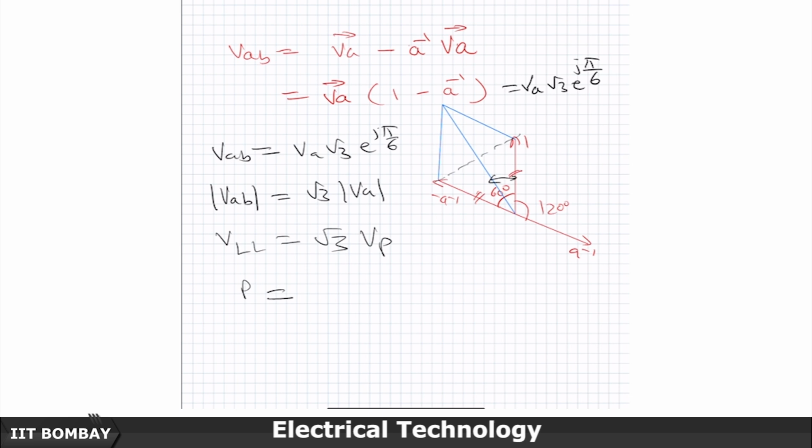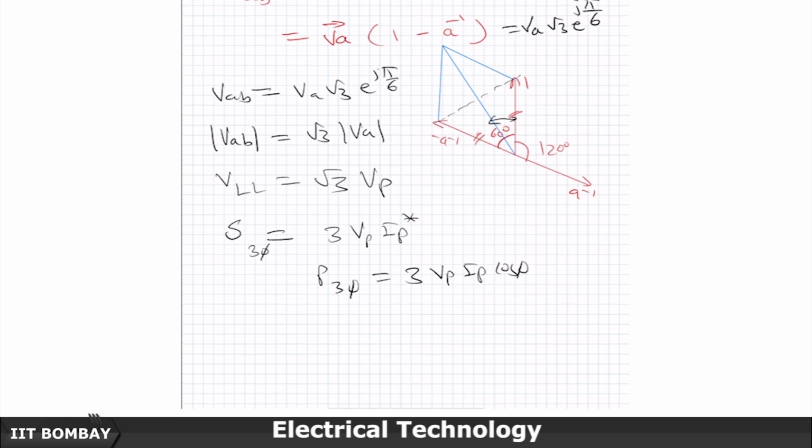So, now if you look at the 3 phase power, it is going to be 3 times V phase I phase star, or if I directly write it as S 3 phase complex as 3 Vp Ip star, then the P 3 phase will be 3 times Vp Ip cos of phi, and Q 3 phase will be equal to 3 times Vp Ip sin of phi, but root 3 Vp I can write as VL, and in a star connection the phase current and the line current are the same. So, therefore, instead of Ip I can write it as IL,